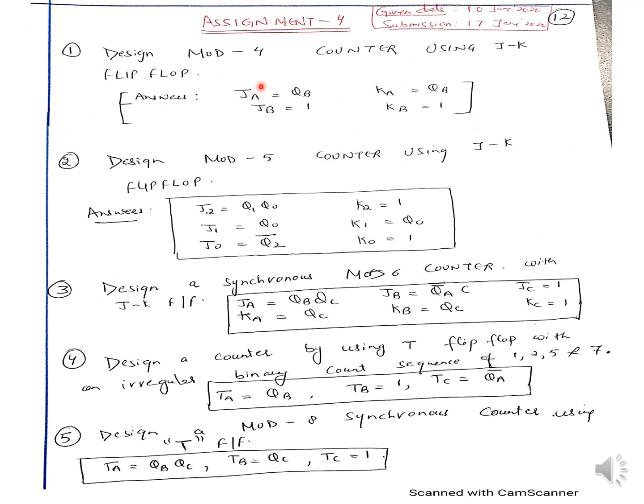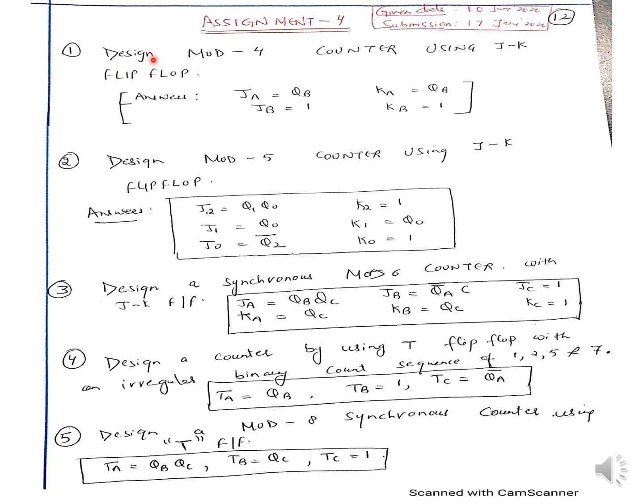Yes, this is our assignment. It is given the submission date. So this is the work for this week. Okay, 10th June to 17th June. Because on Wednesday we are having the lecture, the work I have given you today will be continued till next week. And then next Wednesday it will be my lecture number 11th, or I think 10th, I don't remember the number. So that will be my next lecture, and there is a next assignment number 5, which you will be doing in the next week. So in this there are 5 questions.